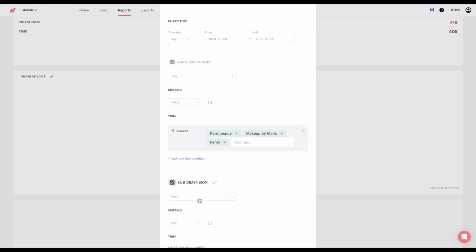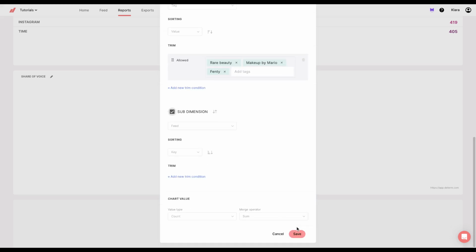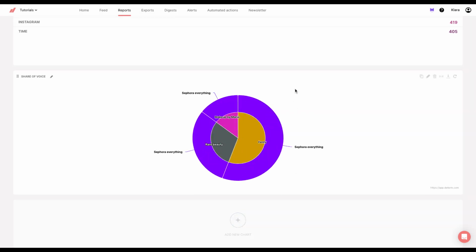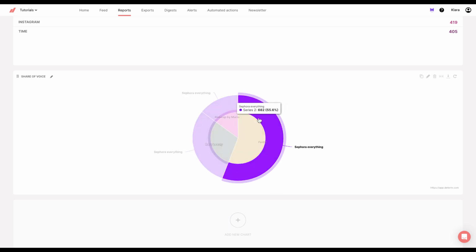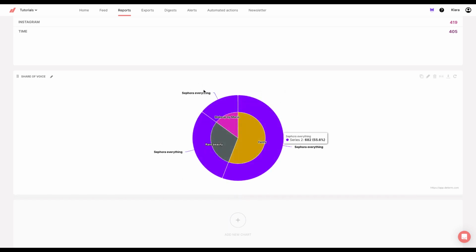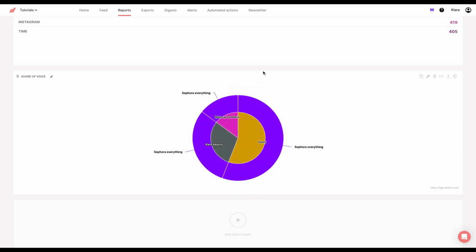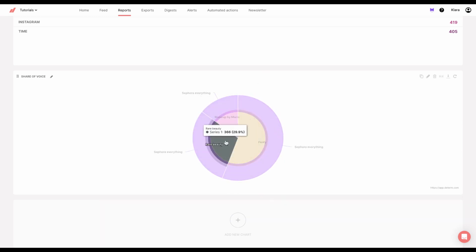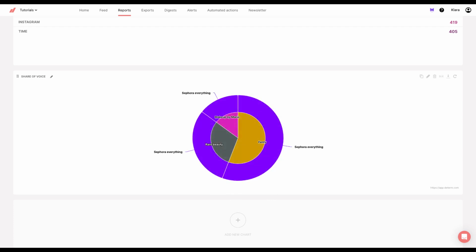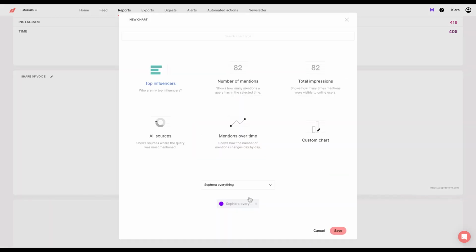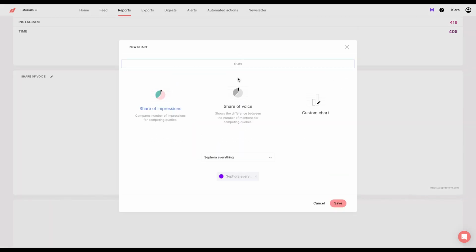And the subdimension will be feed. So let's click on Save. And now you can see the share of mentions for each topic in the Sephora query. So Fenty, Makeup by Mario, Rare Beauty, we see that Fenty is currently the most popular. Another thing you can do is to once again choose Share of Voice